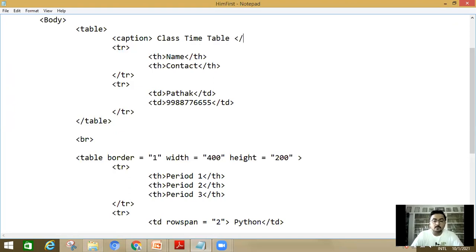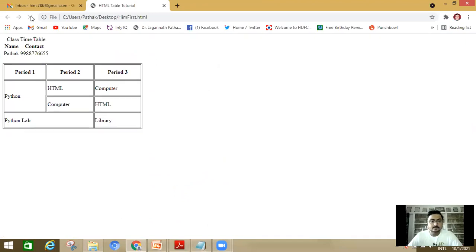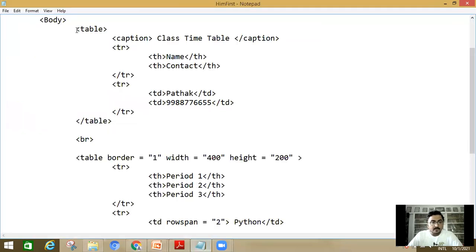I am going to close the caption tag. Here there is no heading of the table. Now what will happen? Here you can see that class time table is shown. Why? Because I have given it in this table.